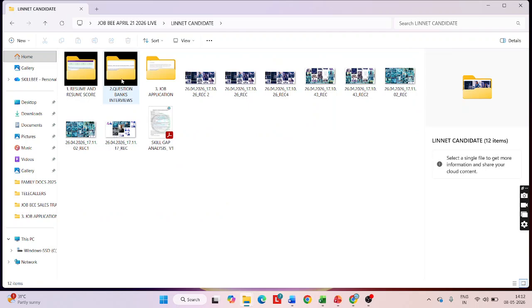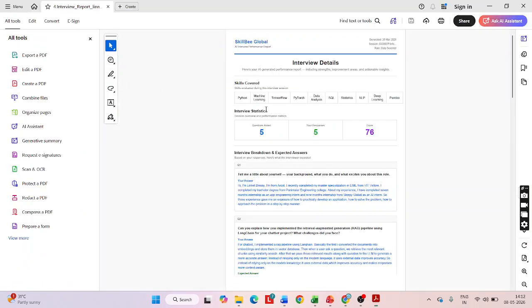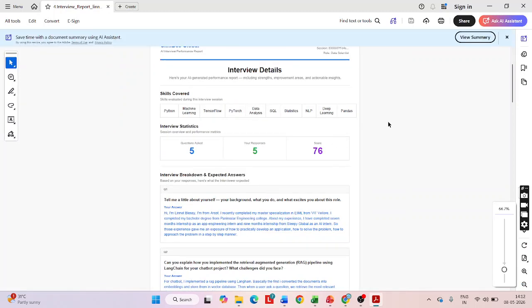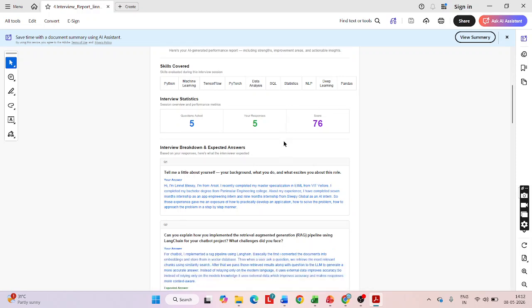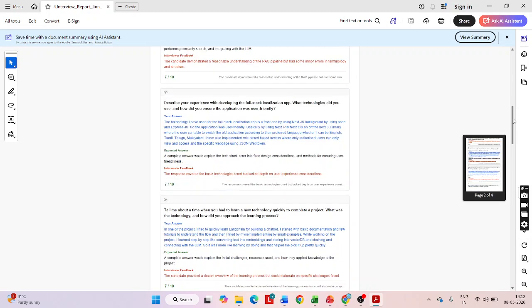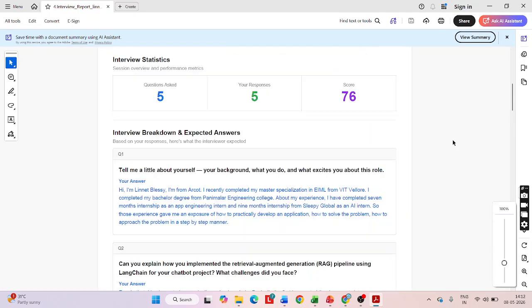The interview report will be like this. The full report will come like this. So you can see the interview details. I'll just zoom in a bit. You can see how many questions you have answered, what the response is for that, and the analysis. So you get the question asked, the answer you have given,